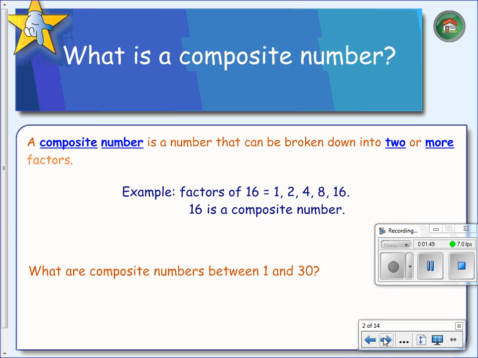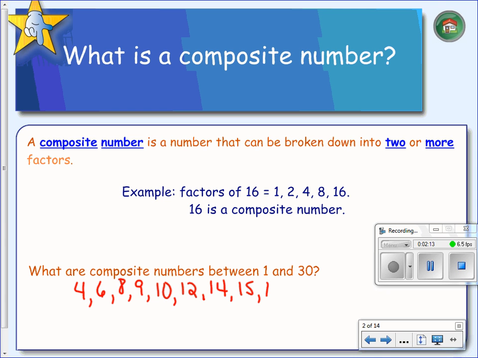Is 4 a composite number? 5, 6, 7, 8, 9, 10, 11, 12, 13, 14, 15,